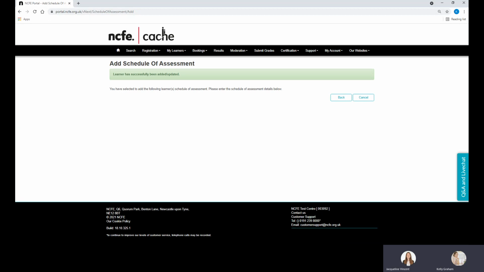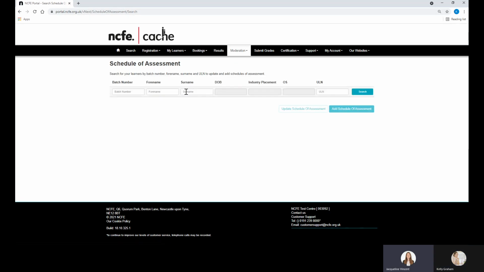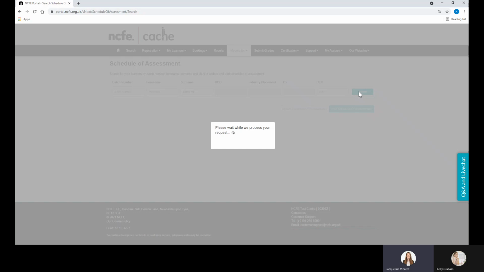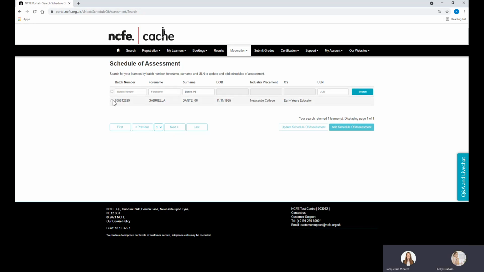Oh, thank you. So how do I edit a schedule of assessment? So once you've completed a schedule of assessment for a learner, you can edit this information. So to do this, search for the learner. Again, for the purposes of this demo, we'll use Dante 06. So select the learner by clicking the box to the left of the batch number field and select Update Schedule